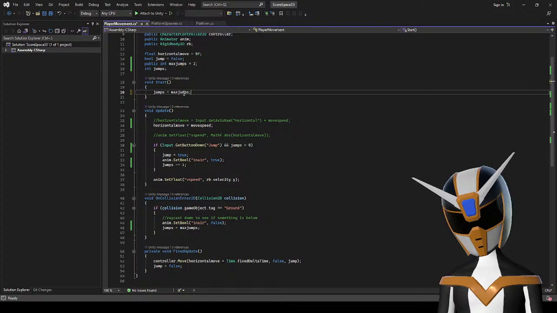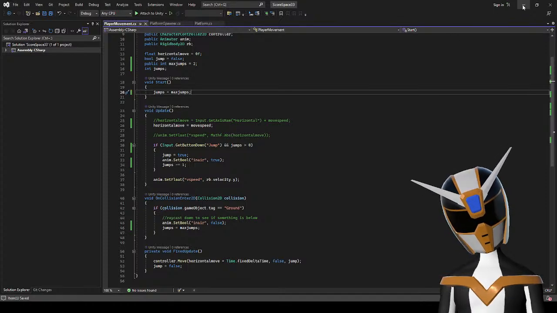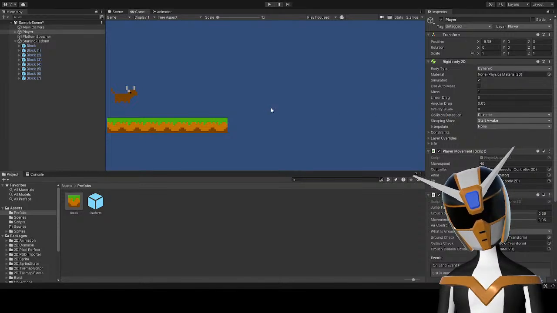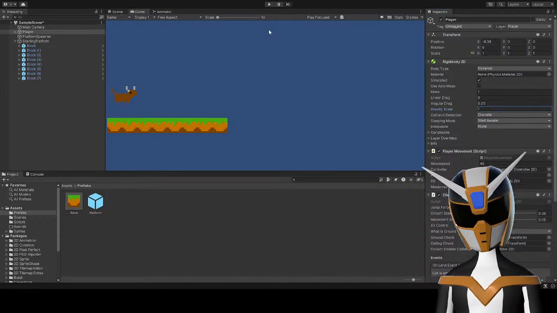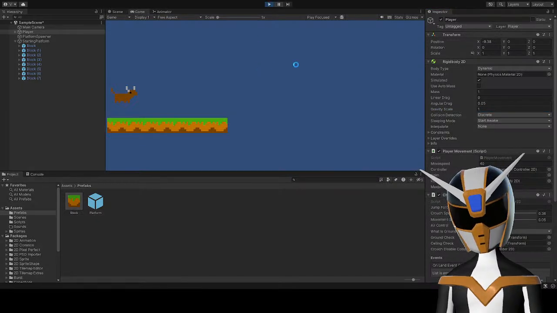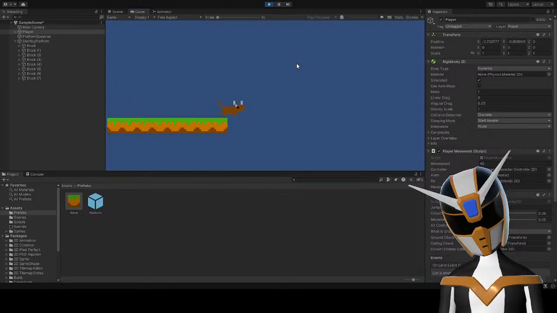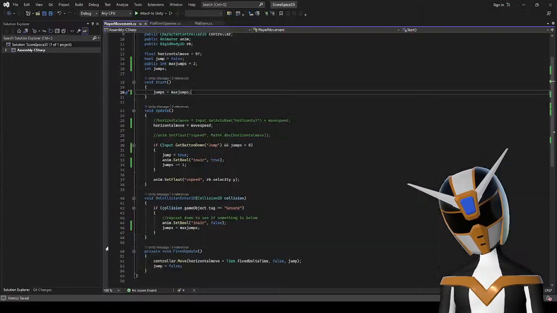So that gets set when the game starts, as opposed to just when I land on things. And then I also need to set the gravity so he actually falls after jumping, so I can tell that he's gonna be jumping. Okay, that did not work. That did not work at all.